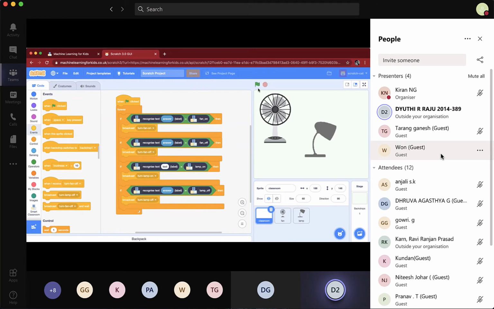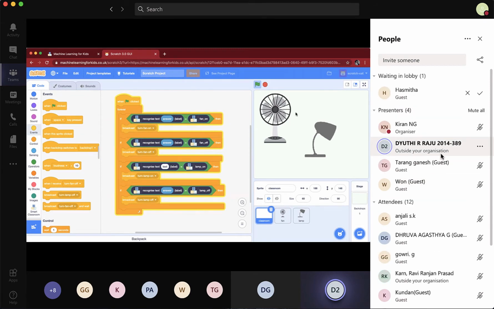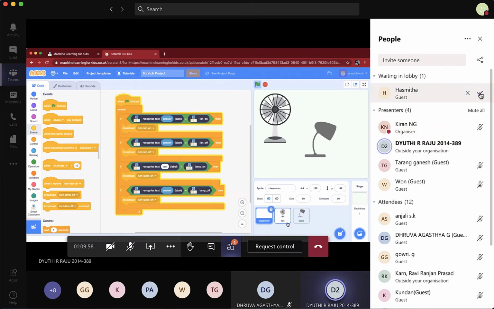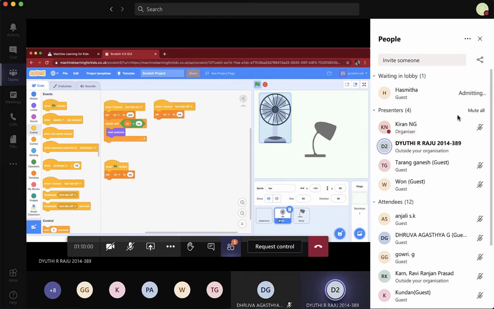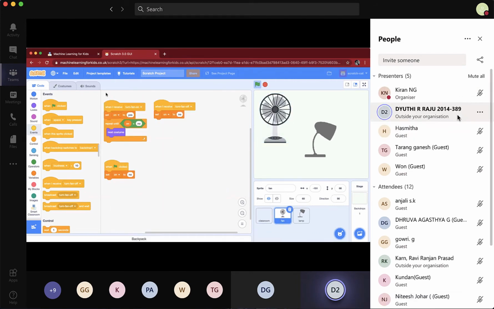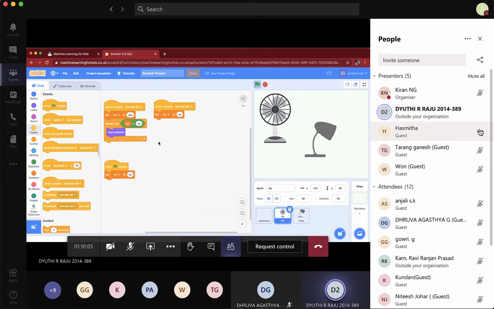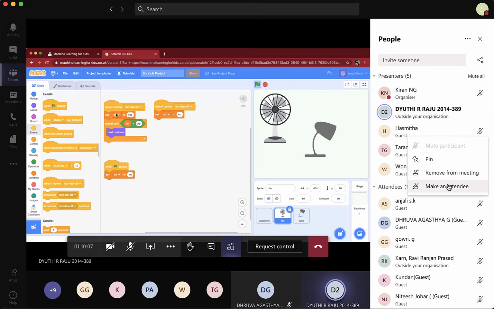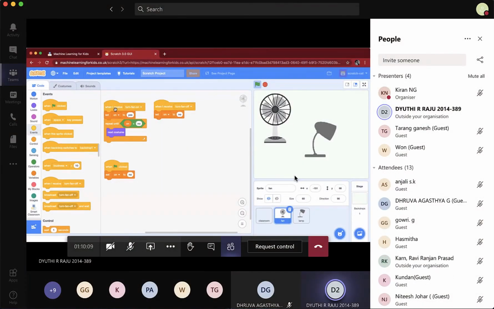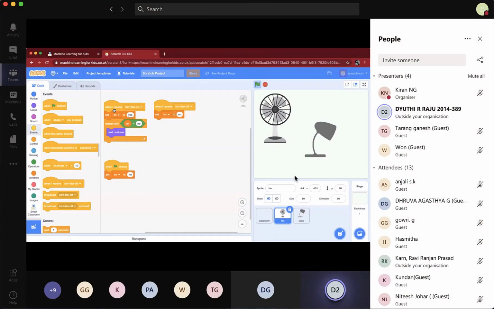Now if I click this, I won't get the fan or the lamp on. If you want to manually turn the lamp and the fan on, I'm going to go for fan. And this was the code which was already done for me. So I'm going to click on when I receive turn fan on. You can see the fan is turning.